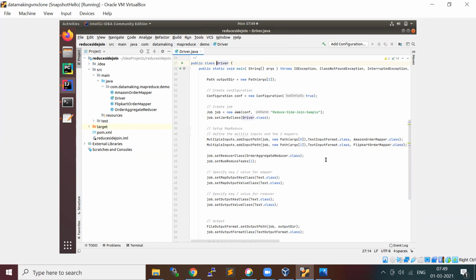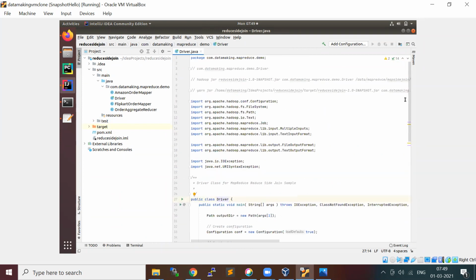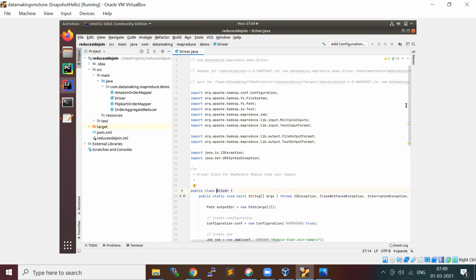So in the driver program, it's going to be almost the same, only with the latest change, right?